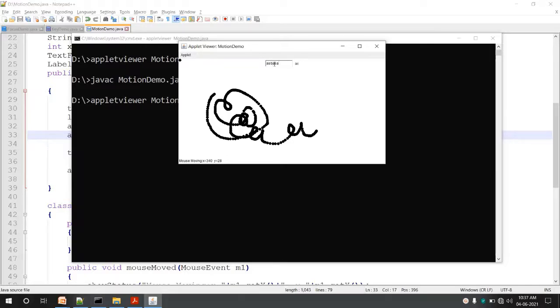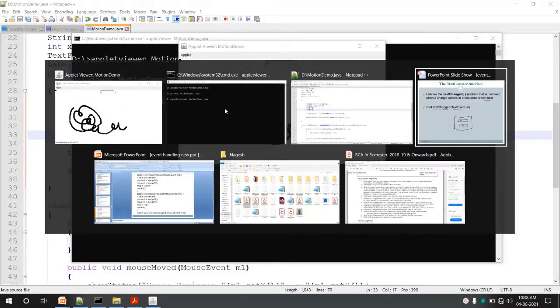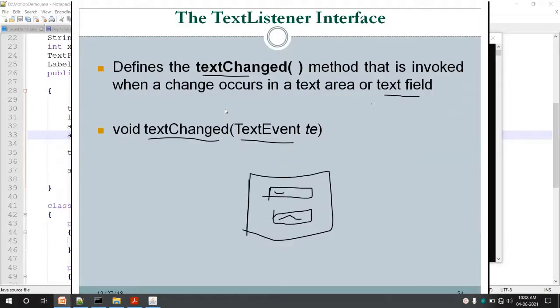So like this, a text event can be handled, or the text listener can be used in a program. This is about text listener, and it is important to know that we can handle many different types of events in the same class, in the same program.